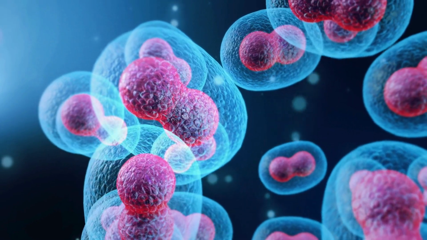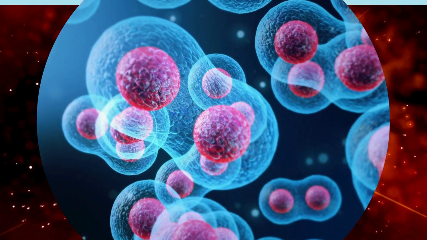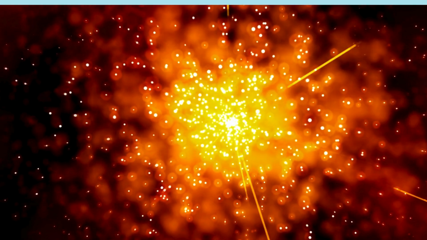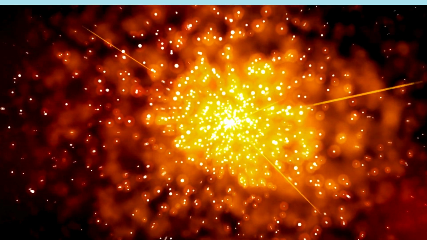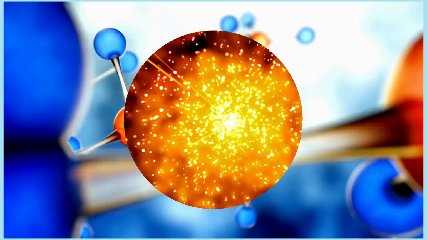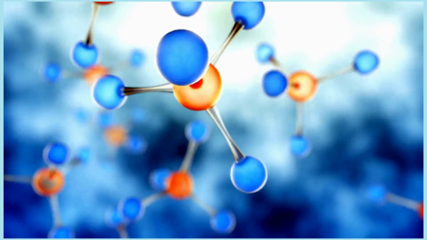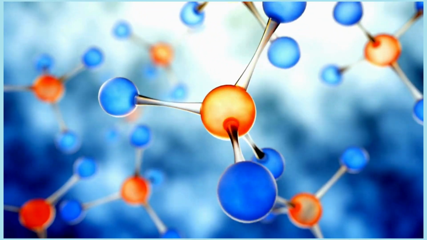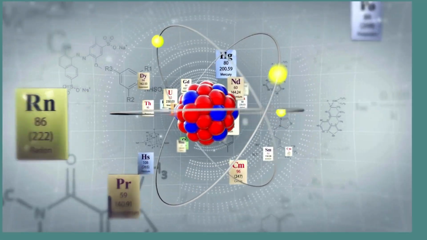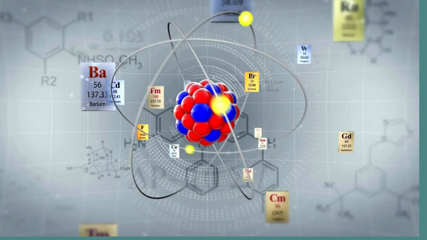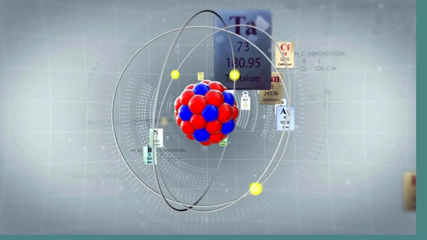The origin of cell, from non-living matter to complex life. Life as we know it started billions of years ago, but it didn't happen all at once. After the Big Bang, 13.8 billion years ago, the universe was a hot, dense soup of simple elements, mainly hydrogen and helium. These elements clumped together to form stars. And in the intense heat and pressure inside those stars, heavier elements like carbon, oxygen, nitrogen, and iron were created. When some stars exploded in supernovae, they spread these elements across the universe.